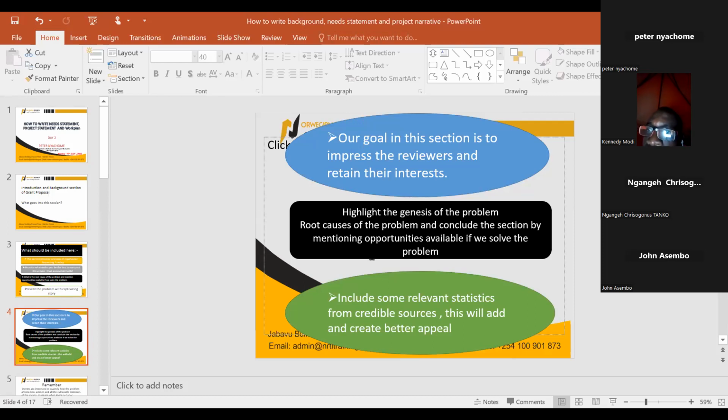Remember, the summary is being written last, but it comes first because it's only highlighting the key content of what is in this section, subsections like the introduction and so on. So, but now this part,